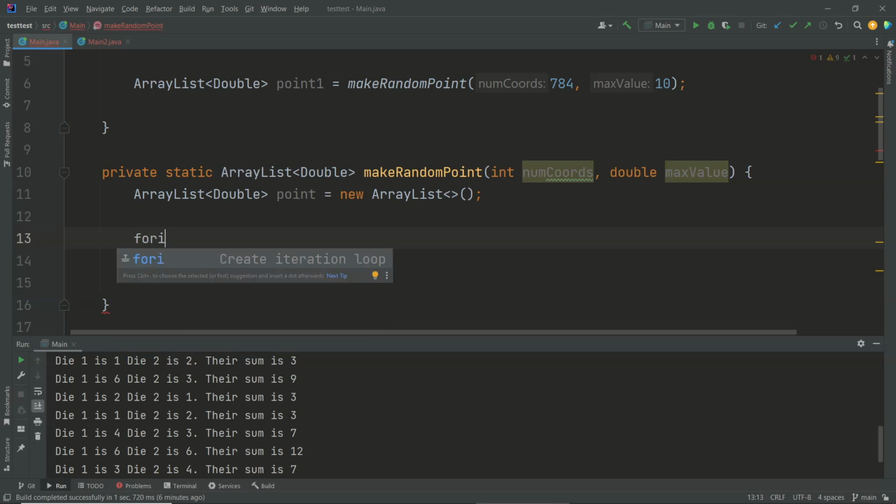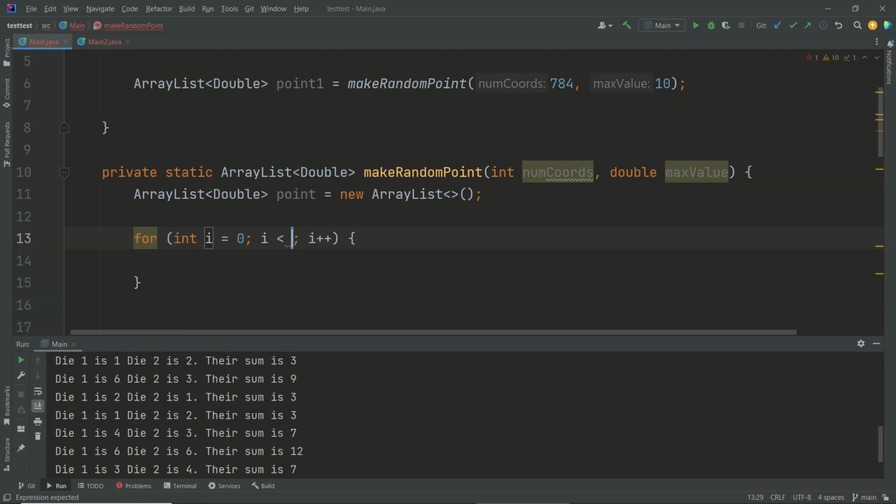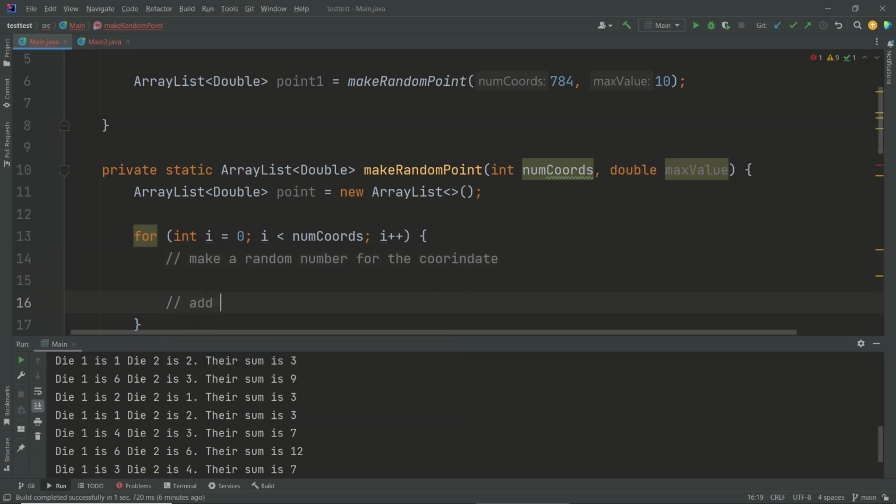I'll type for I to create a loop, hit enter or tab to autocomplete. And I'm going to loop up to numCoords. And notice how I'm doing a lot of hitting tab and enter so that I don't have to type full words. All right, so this is now going to repeat this many times. So if numCoords is 784, this will repeat 784 times. What do I want to do 784 times? I want to make a random number for the coordinate,